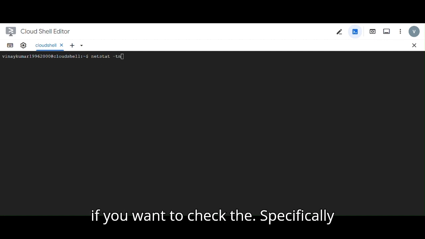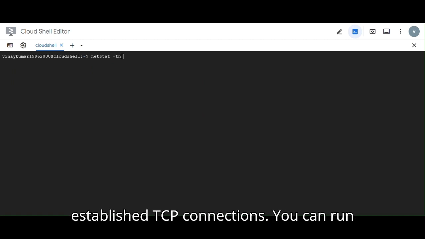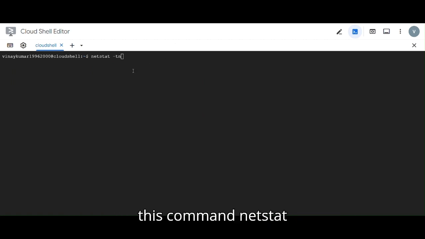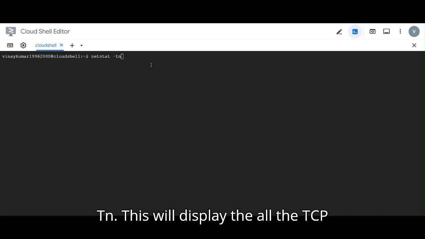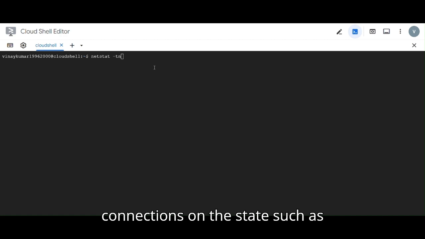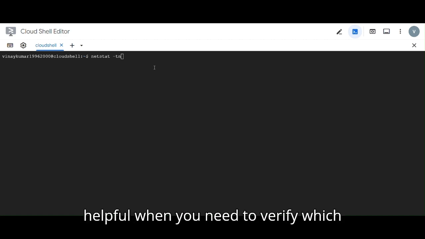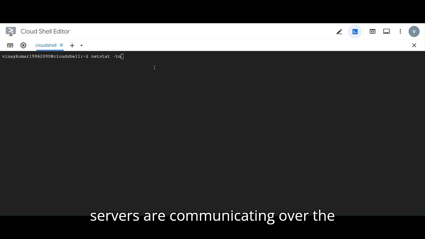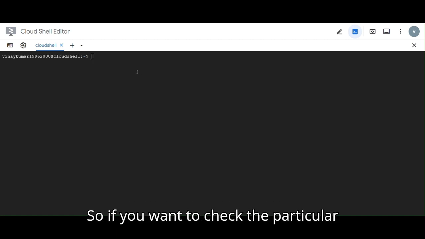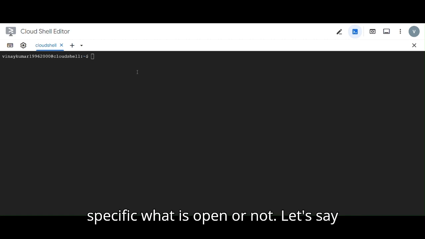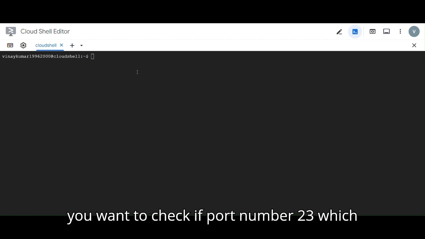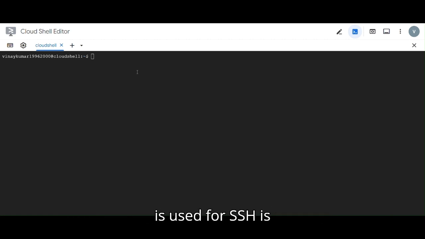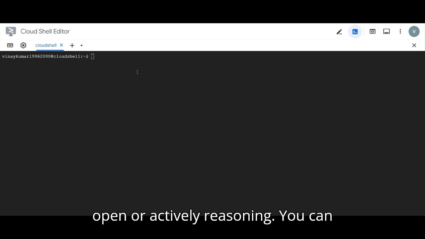If you want to check specifically the established TCP connections, you can run this command, netstat -tn. This will display all the TCP connections and their states, such as established. This can be very helpful when you need to verify which servers are communicating over the network. If you want to check whether a specific port is open, let's say port number 22, which is used for SSH, is open or actively listening, you can combine the